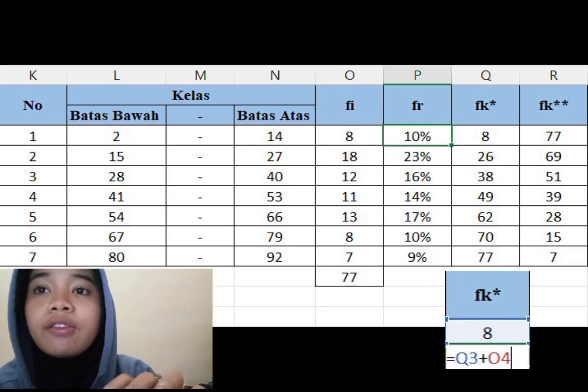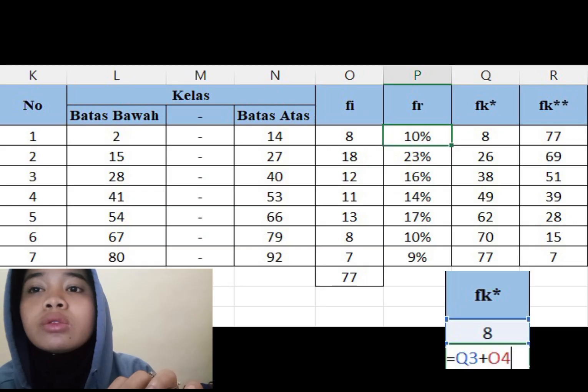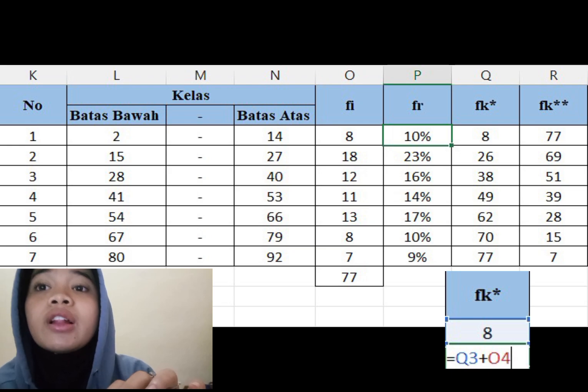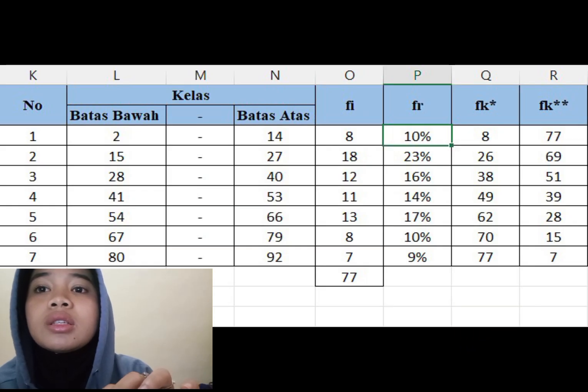For the second FK less than value, use the formula equal to the first FK value plus the second FE value and then click enter. Once the result appears, simply drag down to see all FK less than values.